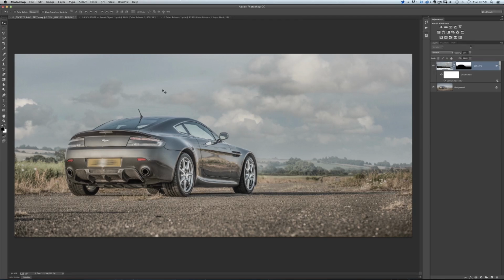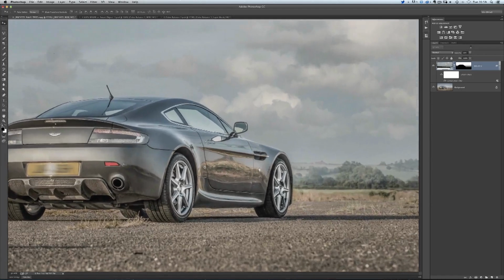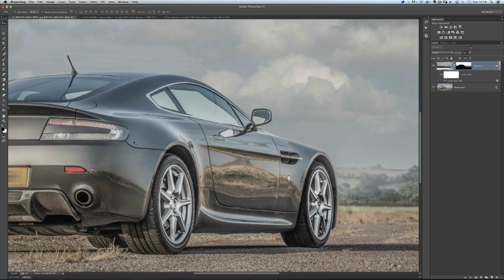Okay, so that's the clouds put in. Now it's the attention to detail that will take your retouching to the next level. You may have found that in the original picture, there's things that I did like adding in the reflections of the clouds on the bodywork and all that kind of stuff. It's that attention to detail that helps you to sell the fake, so people don't say, oh, that wasn't real. So I'll show you at some point maybe how I did those clouds,